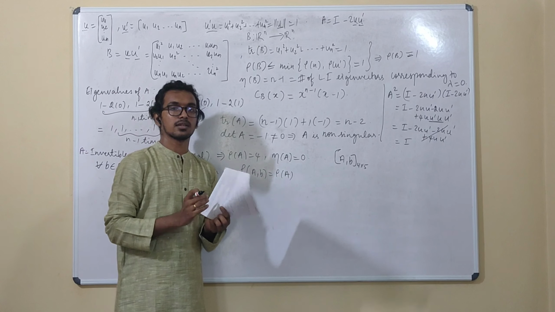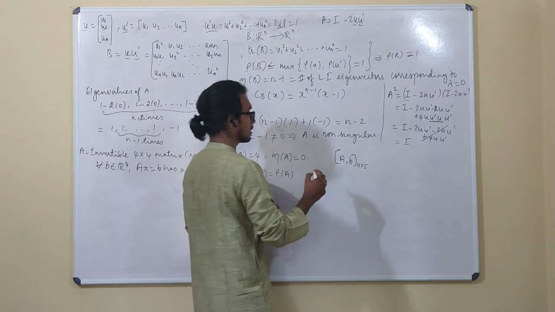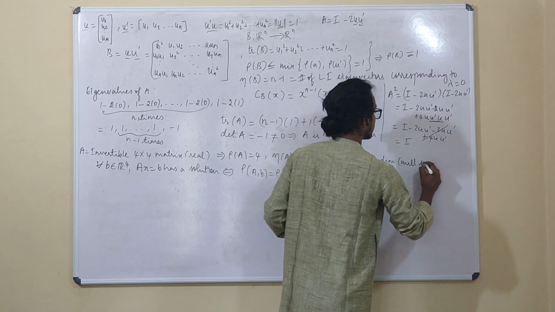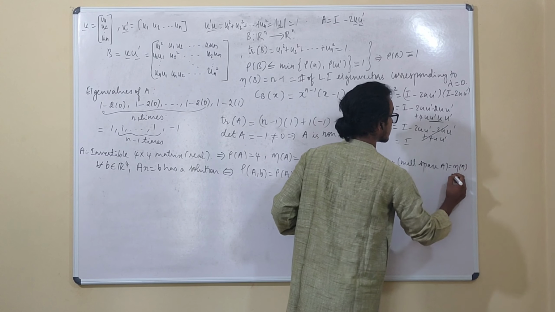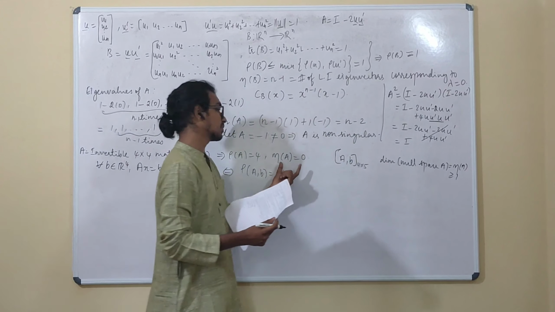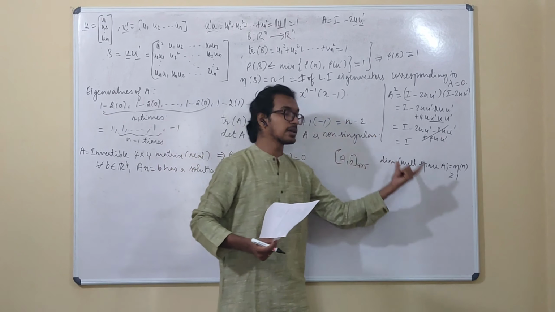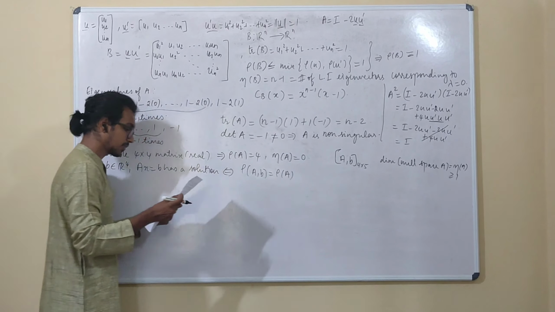In the third statement it is given that dimension of null space of A. Okay, what is the dimension of null space? That is the nullity, right? So the nullity of A is given to be greater than or equal to 1, but that is 0. This is basically wrong, that is not true, hence it is the right answer to the question.